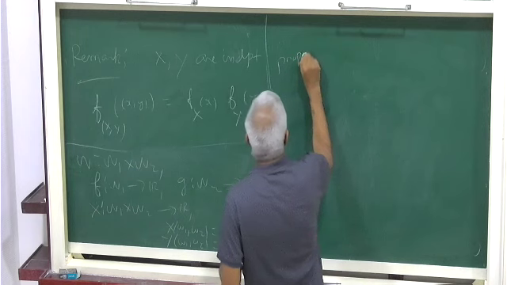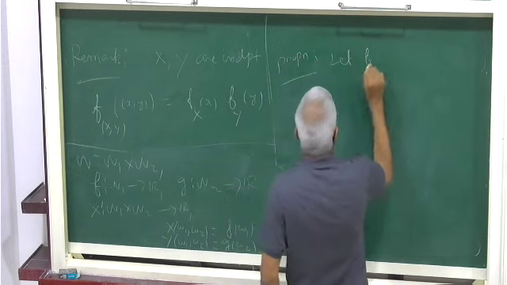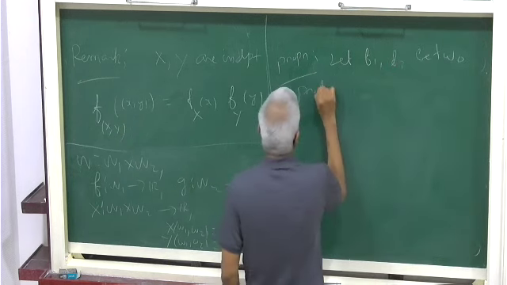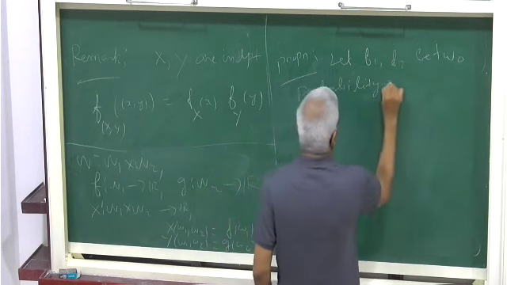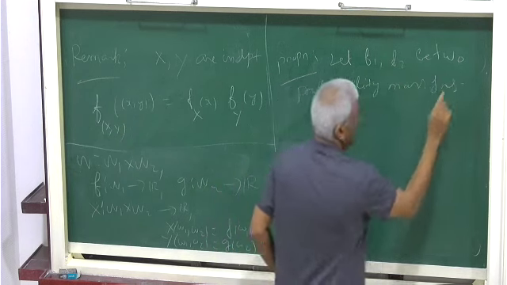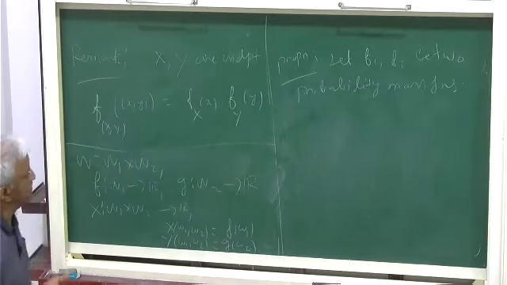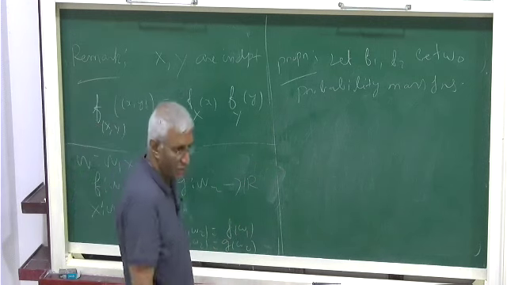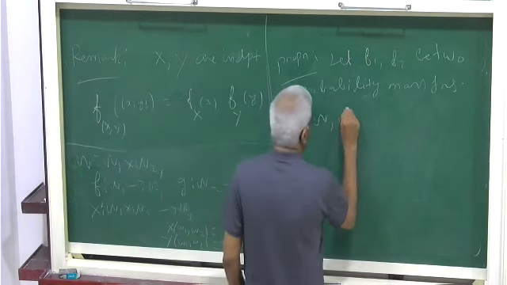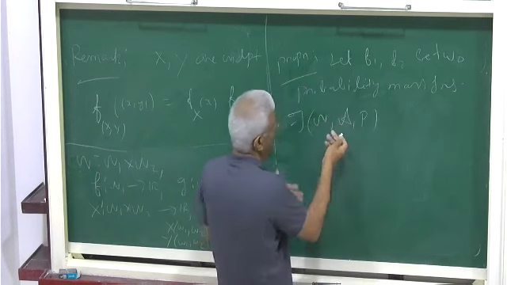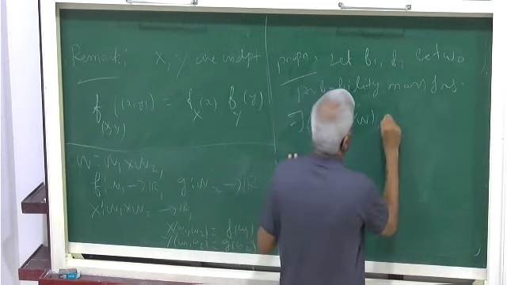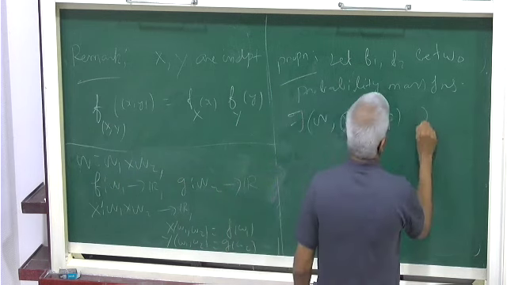But the point is, this is what I want to state. Proposition. Let f1, f2 be two probability mass functions. That is, they are greater than or equal to 0, strictly greater than 0 only at countable points, and if you sum f of x over everything, it just adds up to 1. f1 and f2 are like that. Then there exists a probability space (omega, A, P), and A is just the power set for us when it is discrete, such that